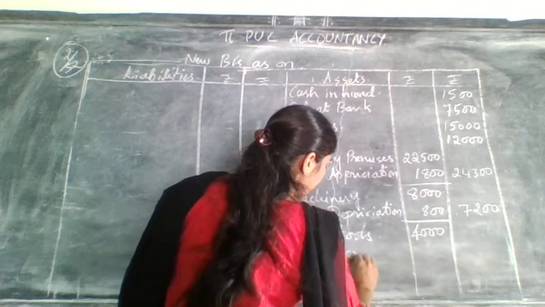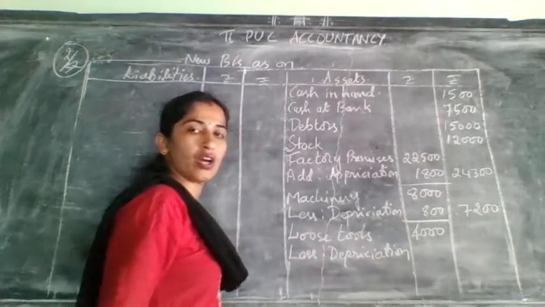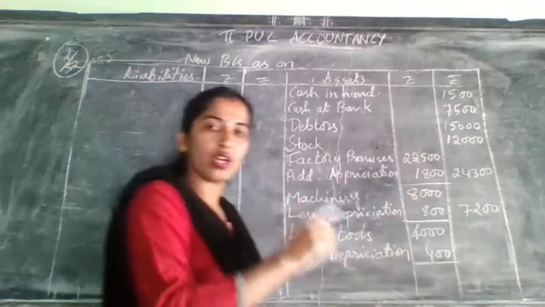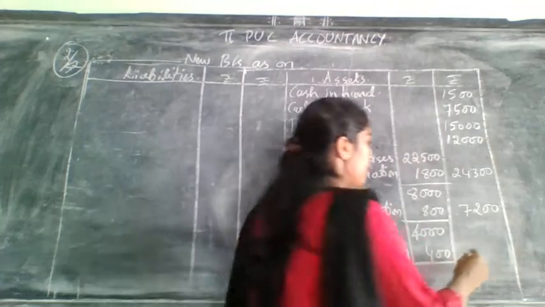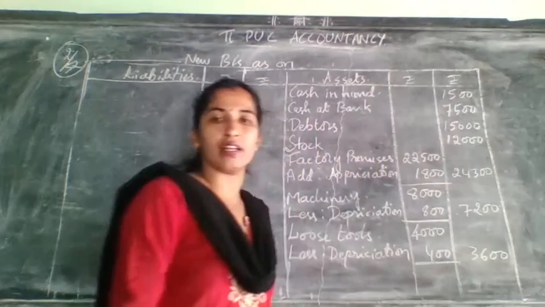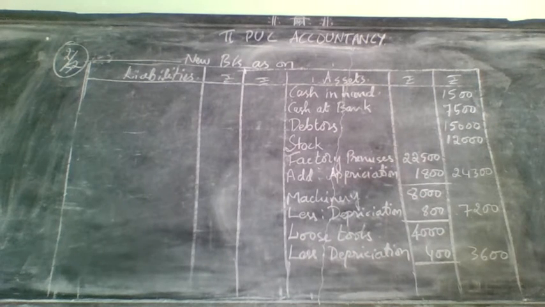So again you have taken there as depreciation. Write once again here depreciation. How much is it? 10% they have. No need to calculate once again here. Whatever value you write on the revaluation account, that only you write directly here. Now it will come 3,600. Now all the asset side is over.